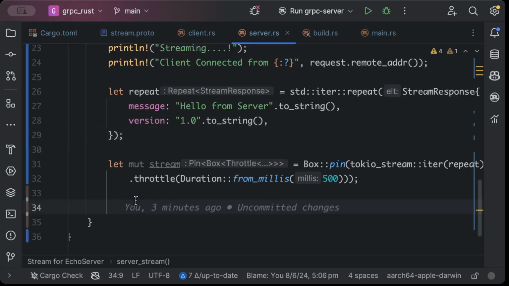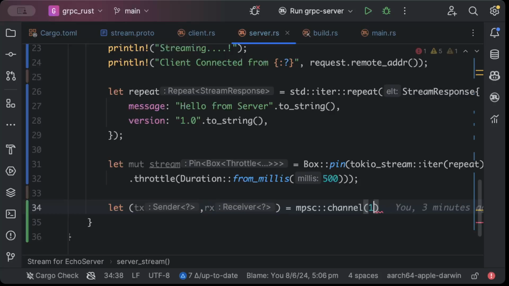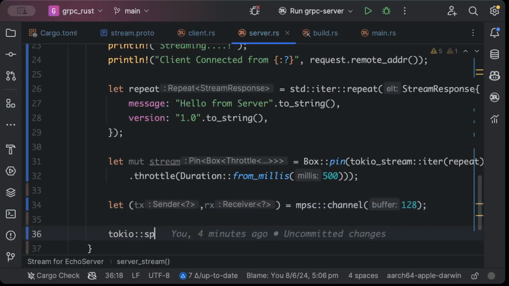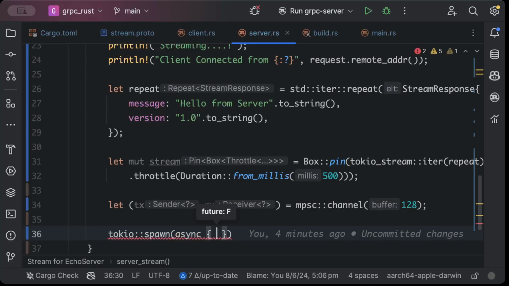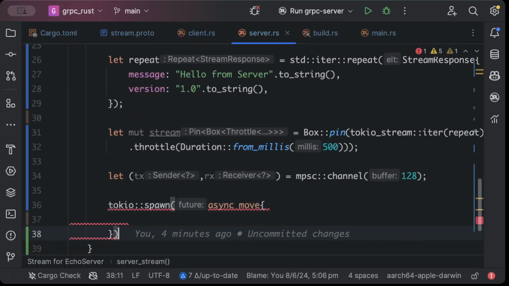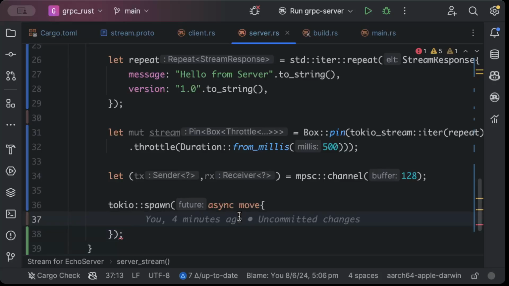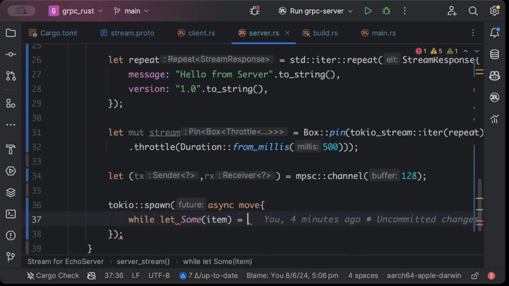And once we are there, we'll just say let (tx, rx) = mpsc::channel with a buffer of, let's say, 128, tokio::spawn to spawn a task, and async move, so add the closure, and here we will add our code. So we'll just say while let Some(item) = stream.next().await